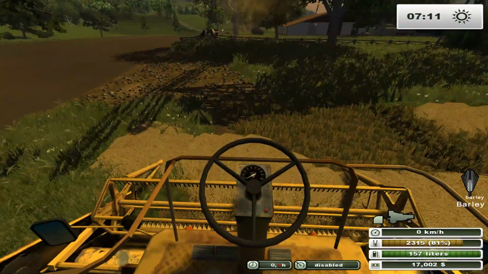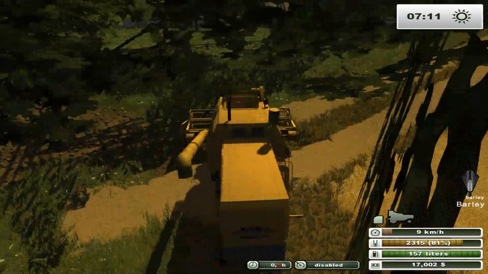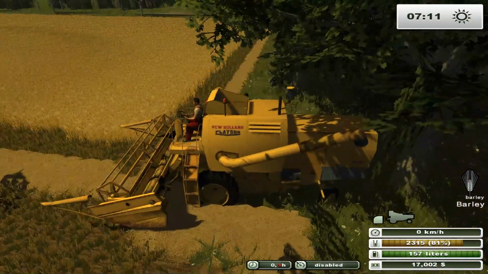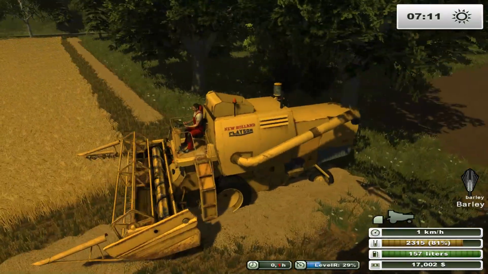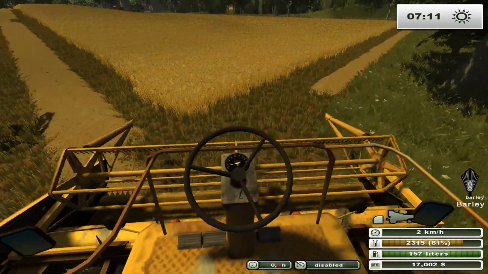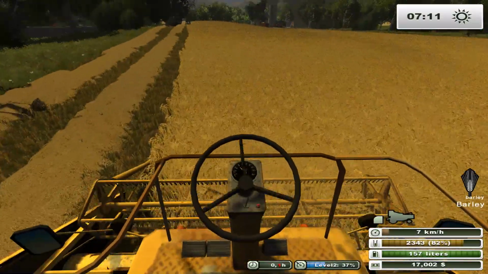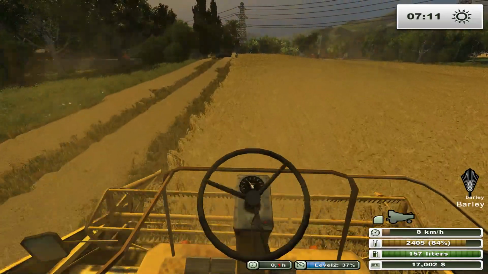Alright, so let's lift the header up here and just back up. That's annoying. This is why you have mirrors on things. Oh my goodness. Totally gonna hit that tree. If this was a more realistic combine, I definitely would have hit that tree, because it doesn't stop so easily. With the more realistic tractors, it takes a little bit of time for them to stop. So,